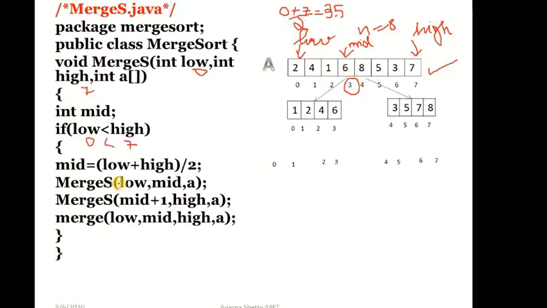Right? We will call merges again. Okay, we will call merges again. We will pass the parameters 0, 3. Here we are calling merges again, passing the parameters 0, 3, and we will pass A array. Here, if you see, within the merges method, we are making a call to itself. These are called recursive functions: a function that calls itself until the stopping condition is met.